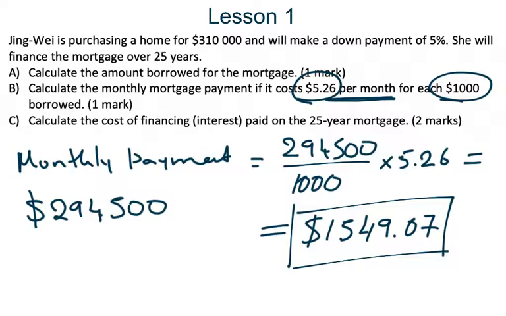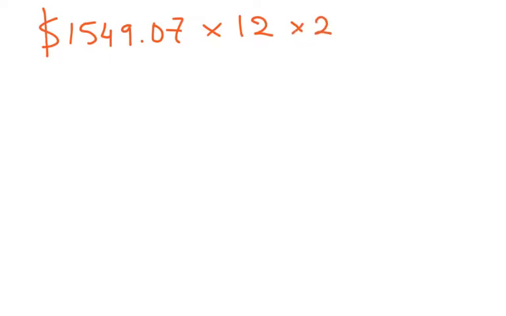Let's see the last one now. So calculate the cost of financing paid over the 25 years mortgage. So to calculate this one, we need to think about, okay, that's how much she is going to pay for 1 month. How many payments will she have for the 25 years? Well, 1549.07, this is for 1 month, okay, times 12, because there are 12 months in a year, and then times 25 years, okay? So all of that here is going to give you